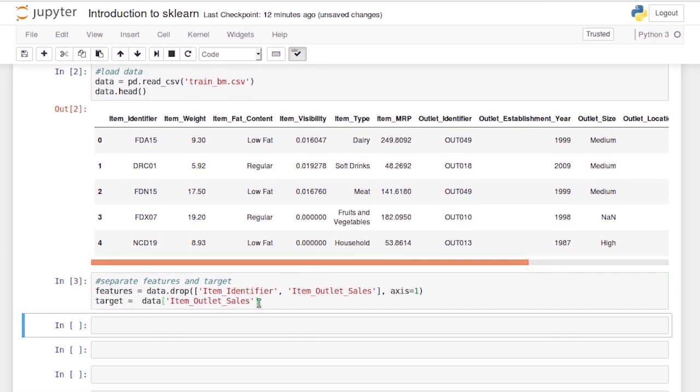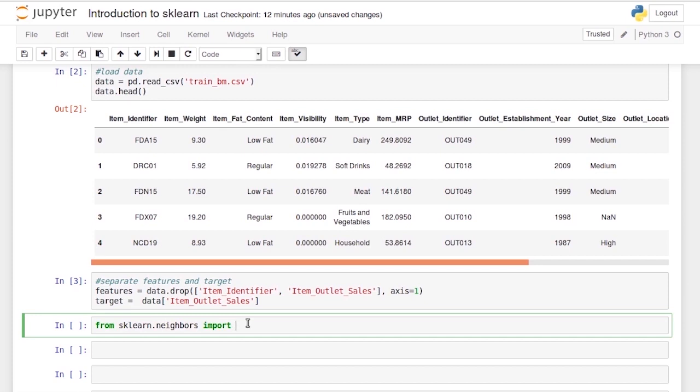Now, let me just run this cell. So suppose I want to build a KNN model over this. All I have to do is use the sklearn library, and then from the module neighbors, we'll import the KNN class. You don't always have to remember the complete names of the classes or the functions or the modules that you use.